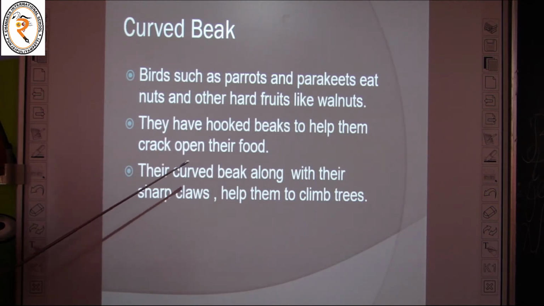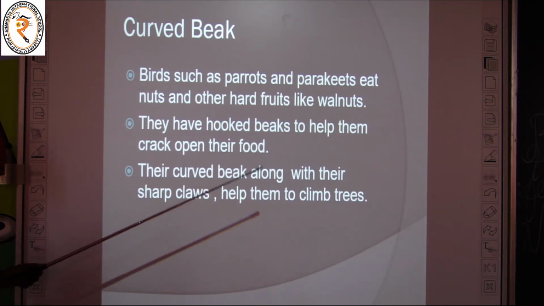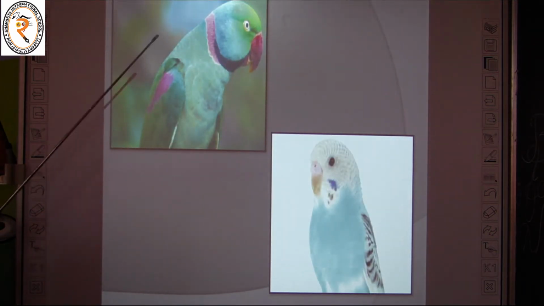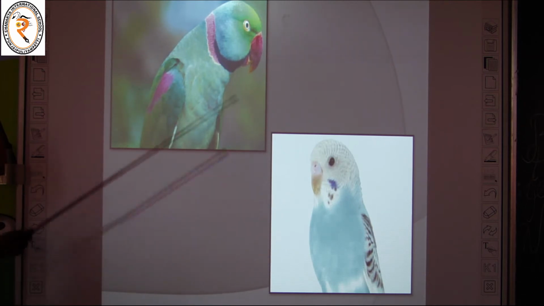Their curved beak along with their sharp claws, their toes, help them to climb trees. See the parrots, looking very cute and colorful. See their beaks?